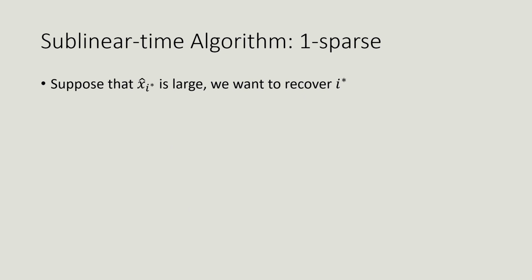Now we improve the linear time algorithm to sublinear time. Remember, we need only deal with the one-sparse case. Suppose that i star is a large frequency, or x hat i star is large, and we want to recover the index i star. The inverse Fourier transform allows us to write a coordinate of x, say x beta, in terms of the Fourier coefficients x hat i, and this is the equation. The sum is over all n frequencies. We pull out i star from the sum,